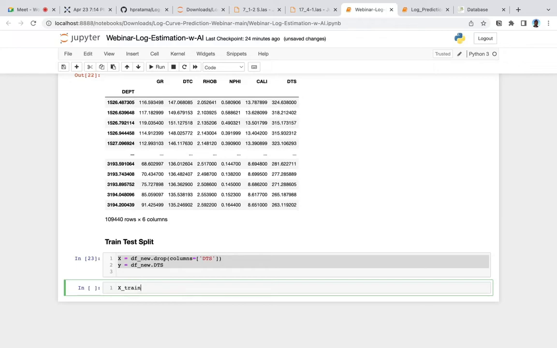Okay, we try to do some train test split. X train is the input for the train, X test is the input for the test, Y train is the output for the train dataset, and Y test is the output for the test dataset, and then we can call train test split.